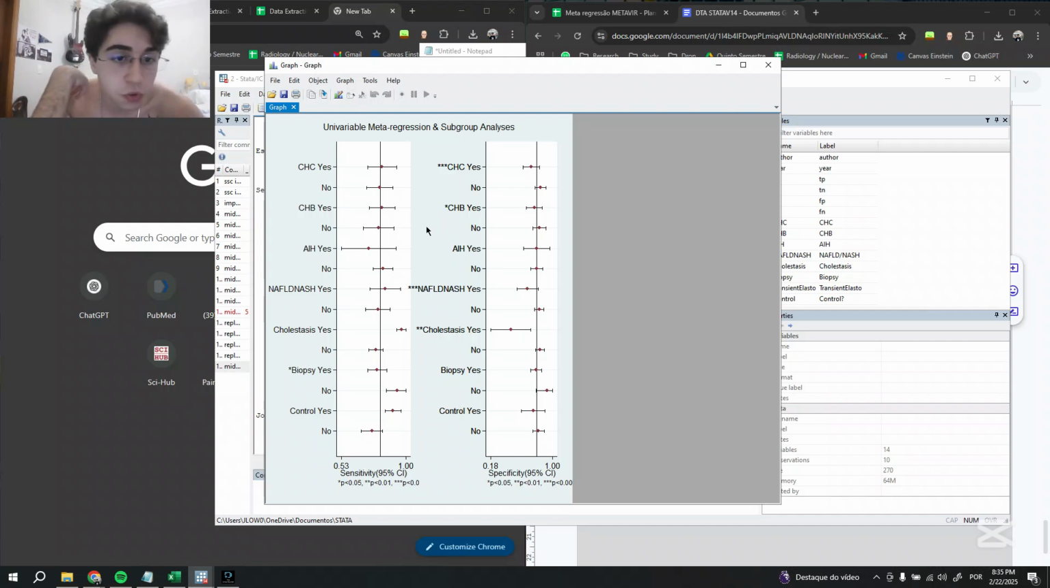which occurs when you do it in the categories of each study. Okay, it's very important to do and show in your paper. Okay, this is variable meta-regression subgroup analysis. I'm talking about this, and I don't know if I forgot